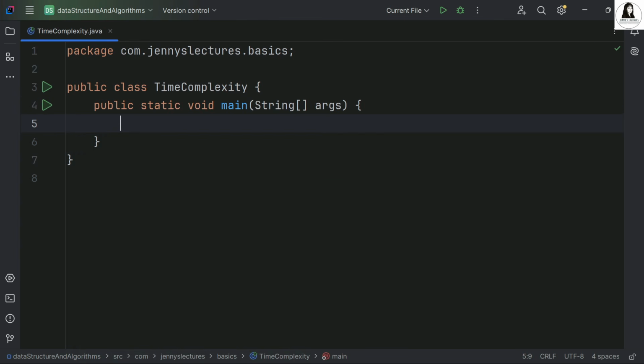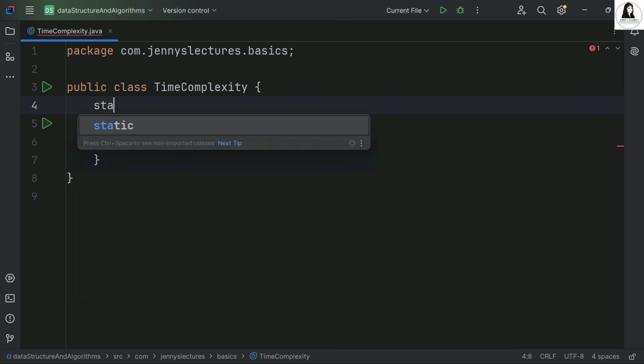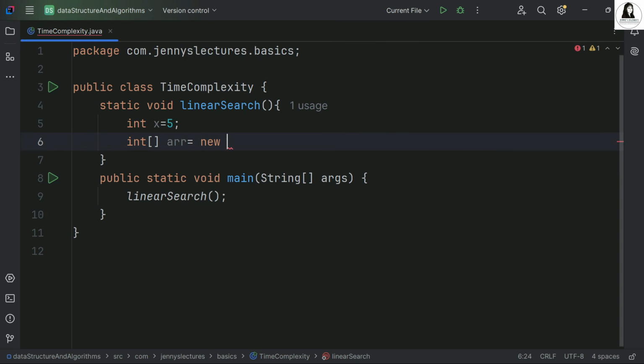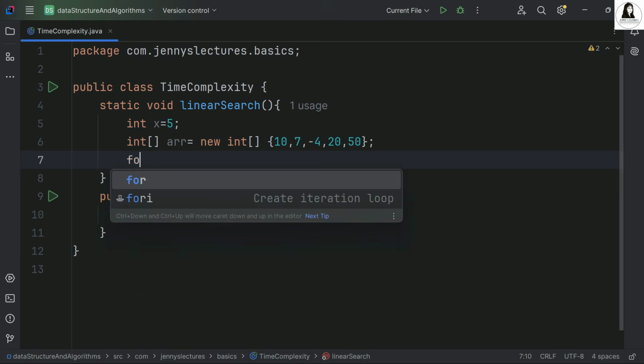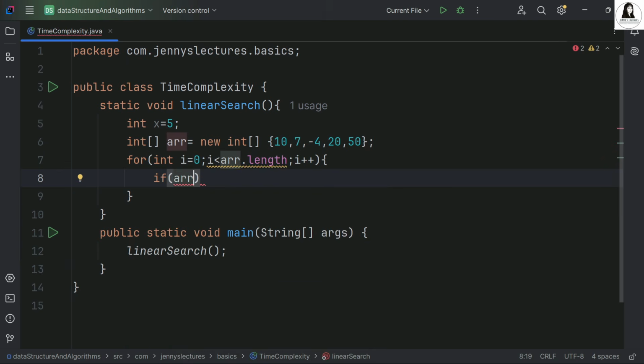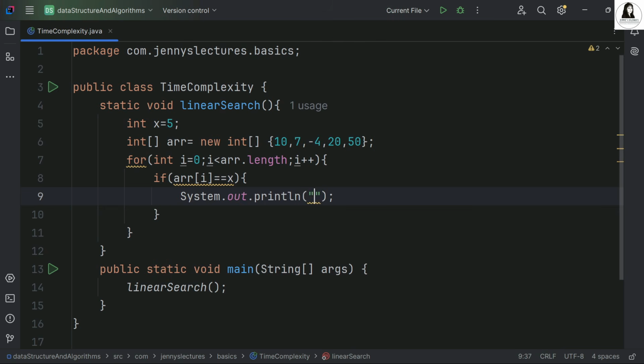Now here, suppose we are having a function, linear search. So this is our basic program for linear search.